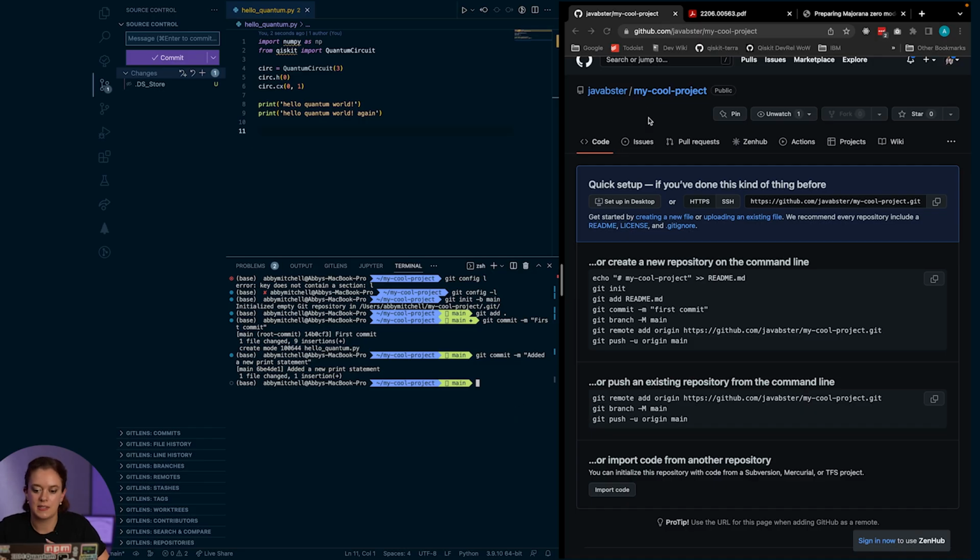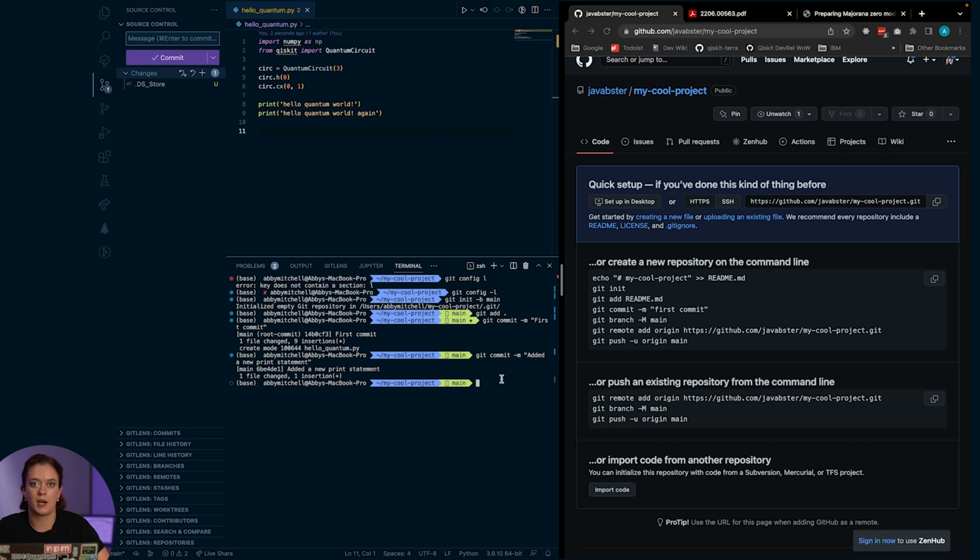And this MyCool project here that we just created is going to be our remote origin. And this is going to be important for the next commands that I show you, because we need to make sure that my project here, on my local machine, knows the remote origin that it should be sharing the code with.